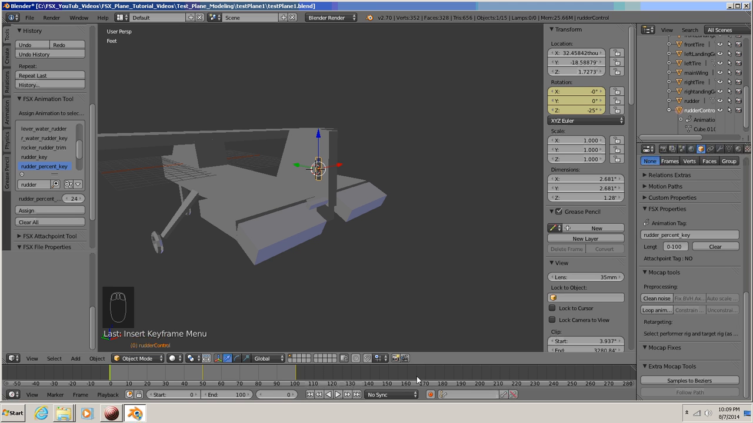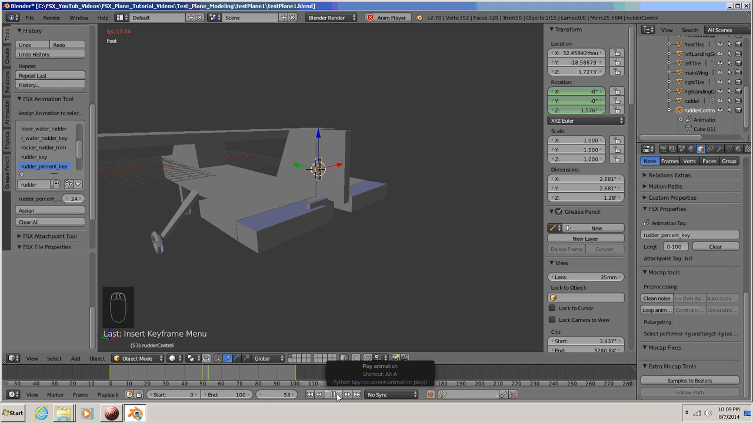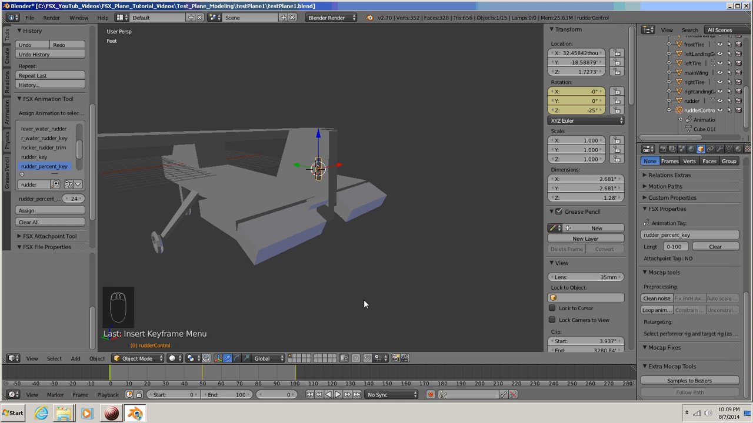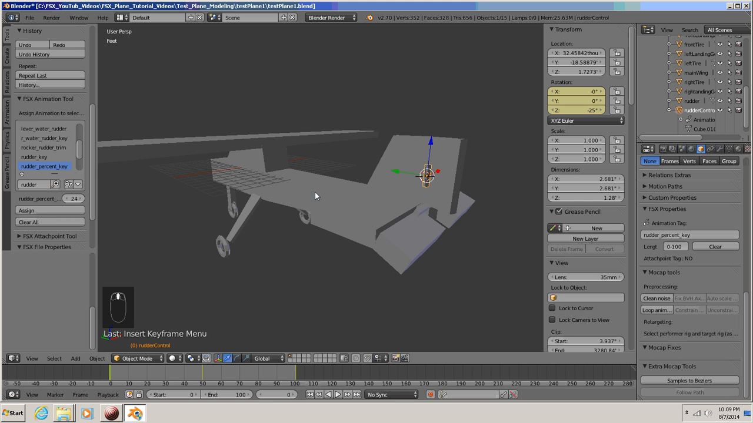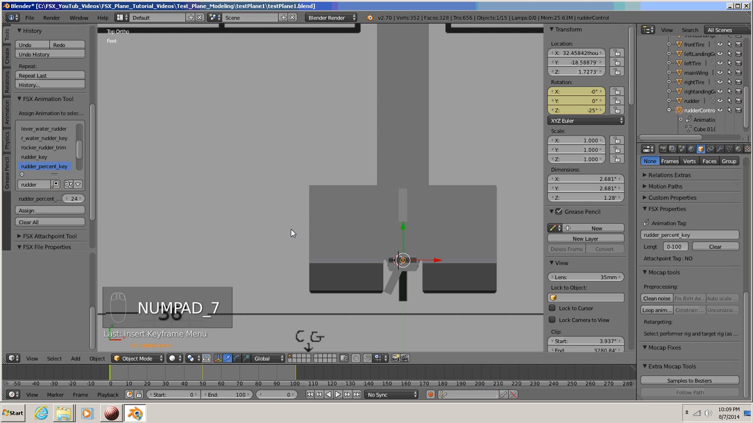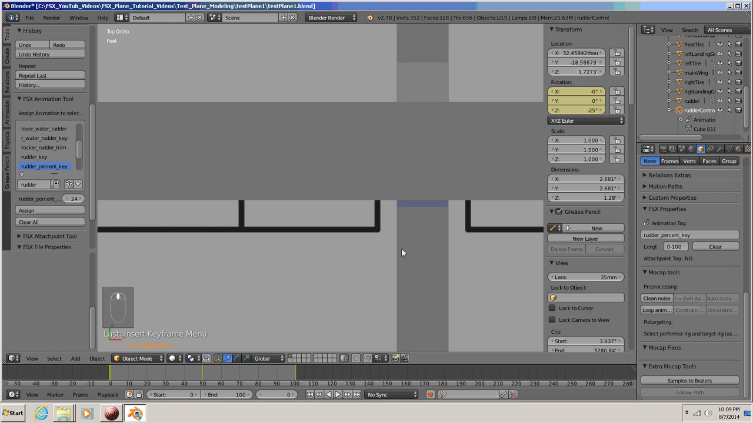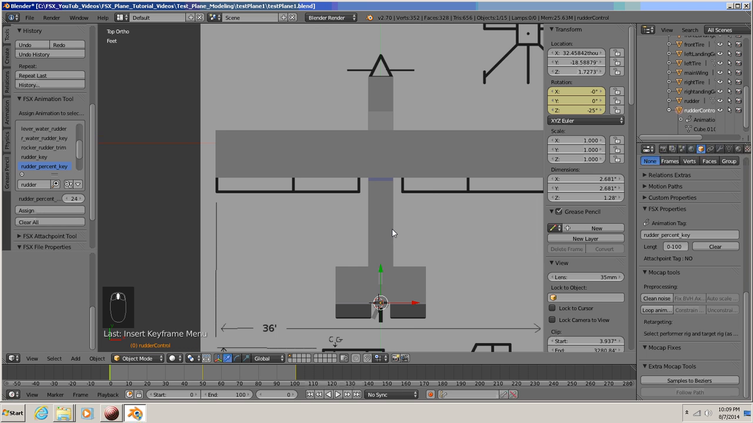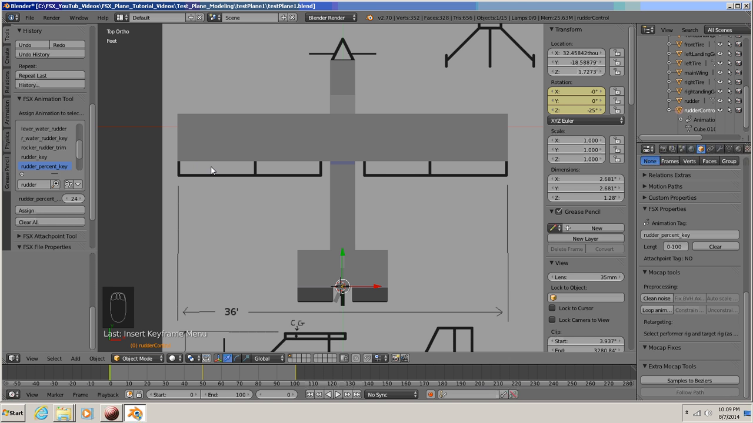Now you can hit play, and you'll see now both the rudder and the elevator are animated, and with the correct animation tags for FSX. So let's go ahead and pause it, put our position back to 0, and let's go to a top view, so 7, and hold down Shift and the middle mouse button to reposition, zoom out, and now we'll start adding the ailerons